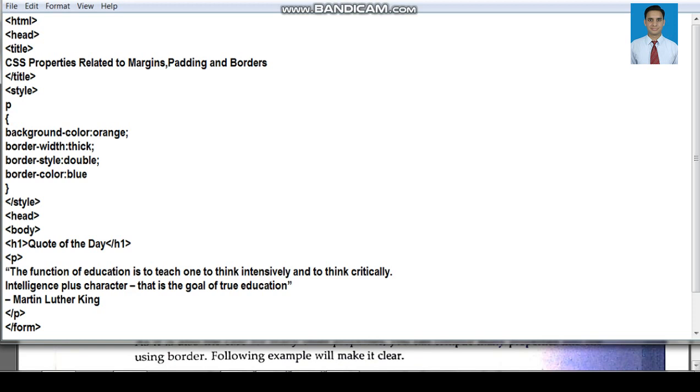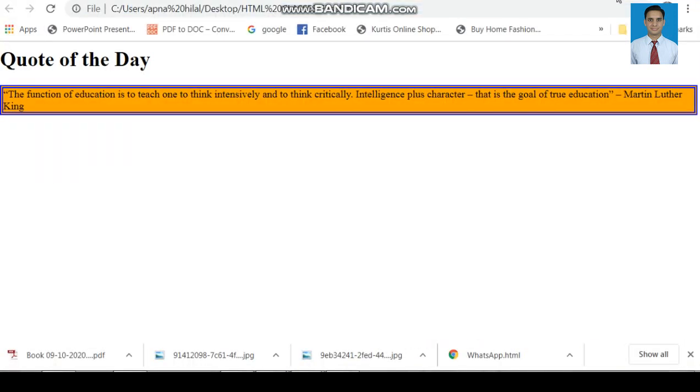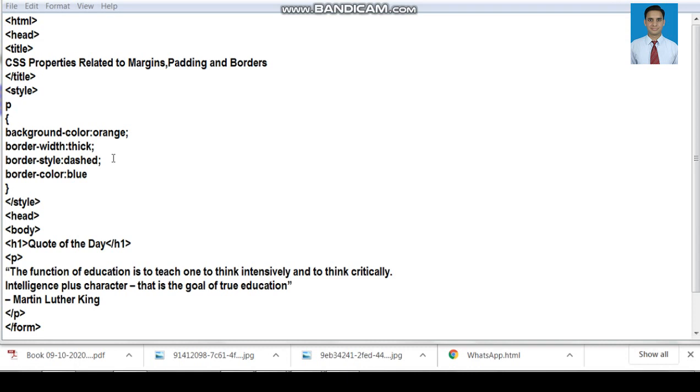Once we save it, let's run it. This is the output of this border property. The thickness is thick, the border color is blue, and the border style is double. Now let us set this border style as dashed.